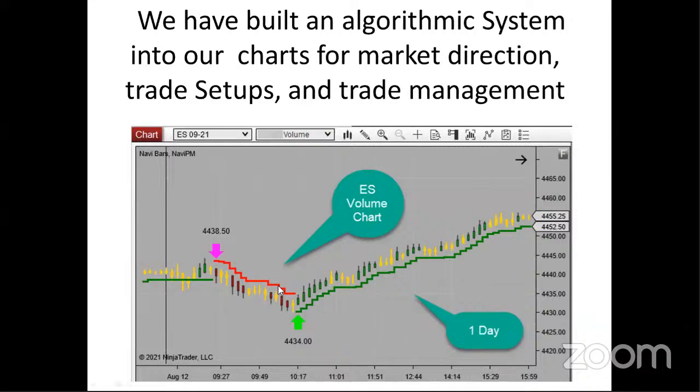And that signal line can be used for several functions. One is a trailing stop, which is what you would commonly think of. But you can also use it to enter trades on pullback. So there's a number of different ways it can be used. One thing I suggest to everyone is the more that you can trade, it sounds kind of crazy, but the more that you can trade like a machine, the better you're going to be. All right, so anyway, this is the NaviPM signal line. These are our trend indicator charts. They do run exclusively with NinjaTrader.